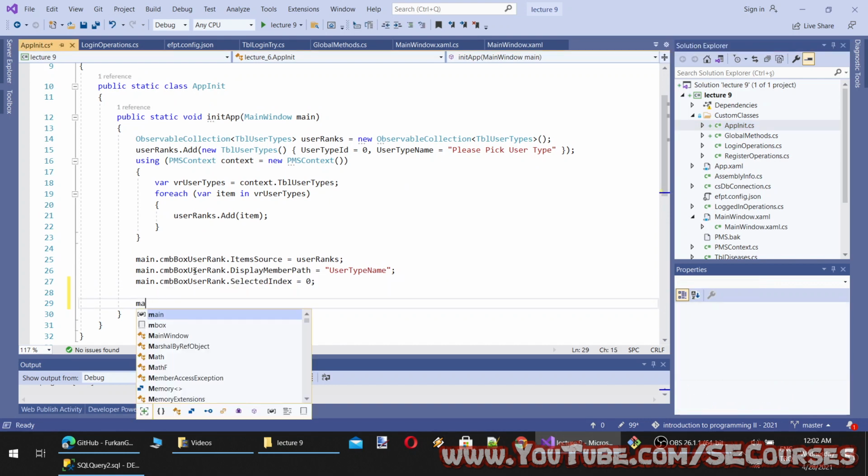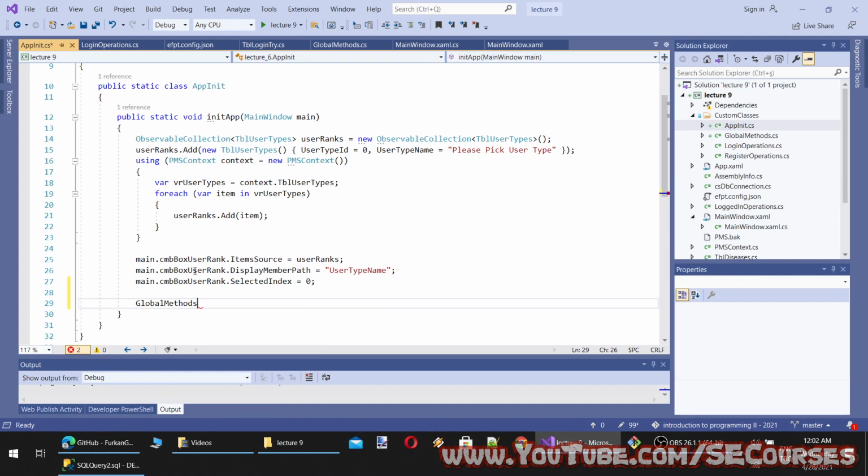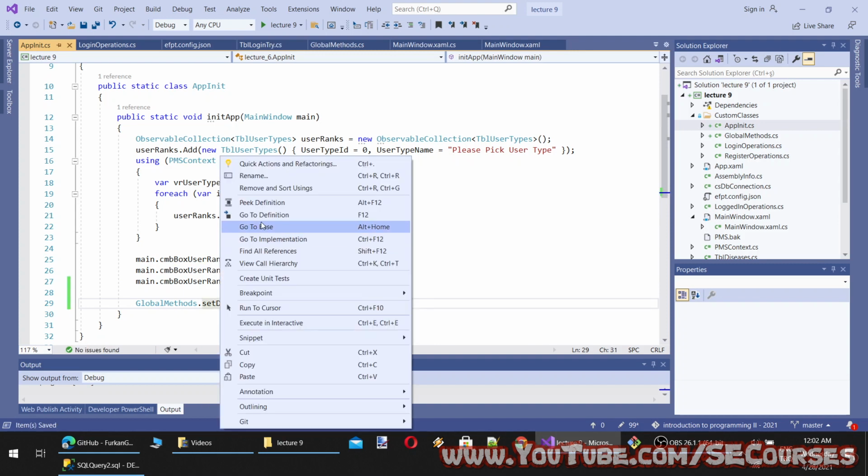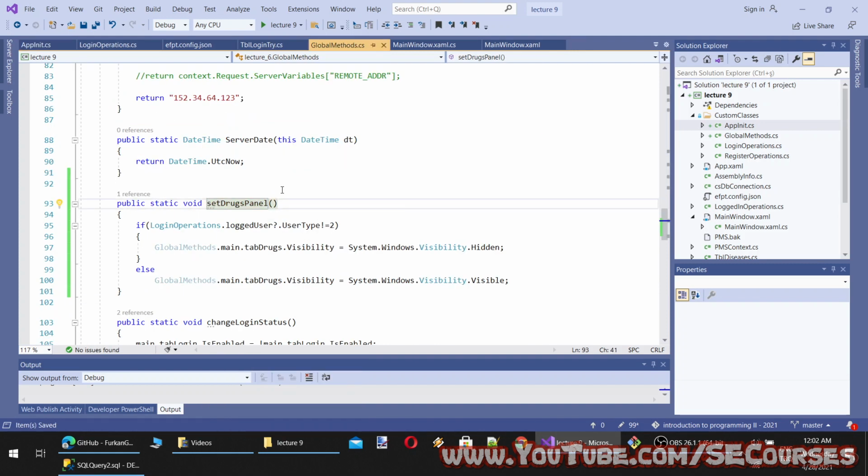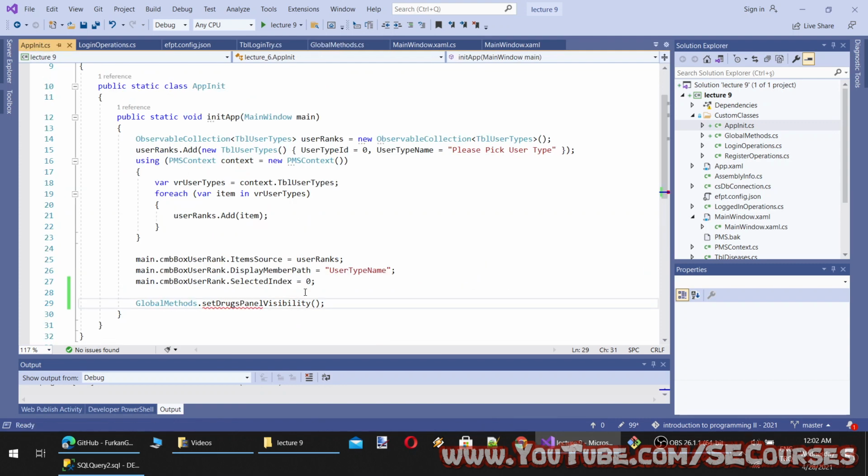This will be global methods dot set drugs panel. Actually, let's rename this to a better name like set drugs panel visibility. Now it will ask me to rename wherever it is linked, and it's only linked in here so far. Okay, it's automatically renamed as you see.